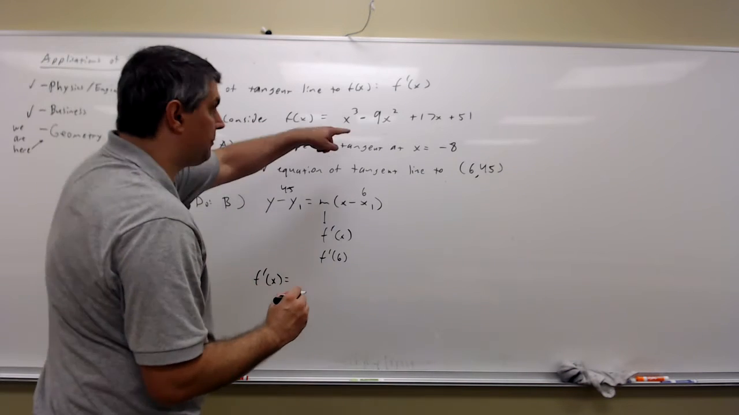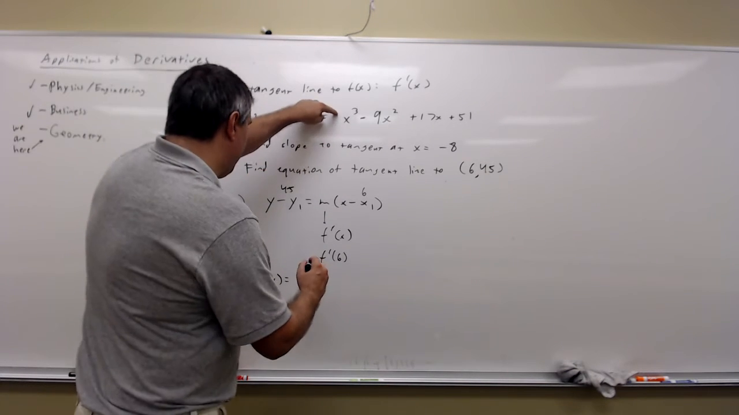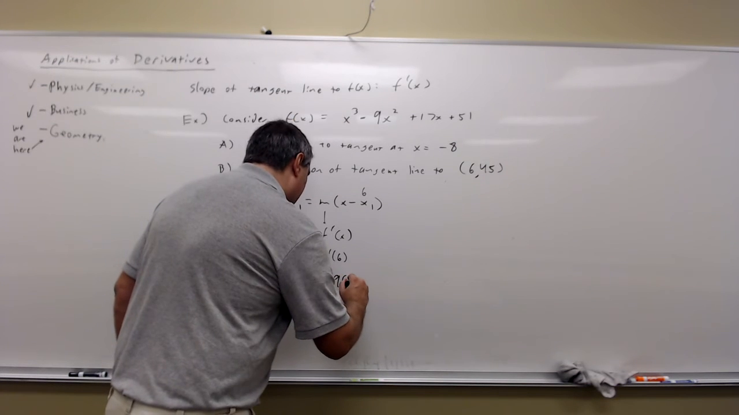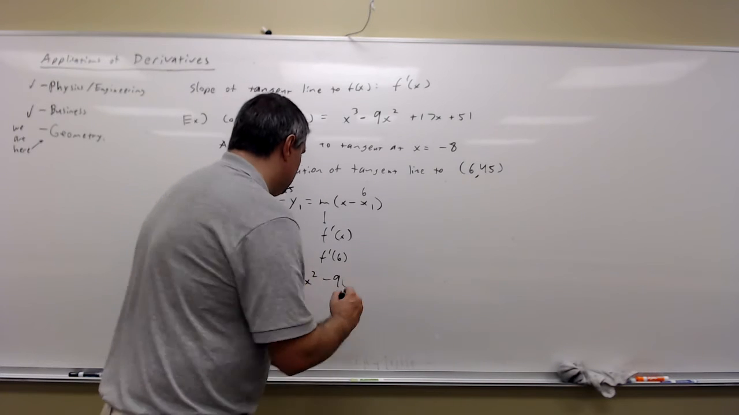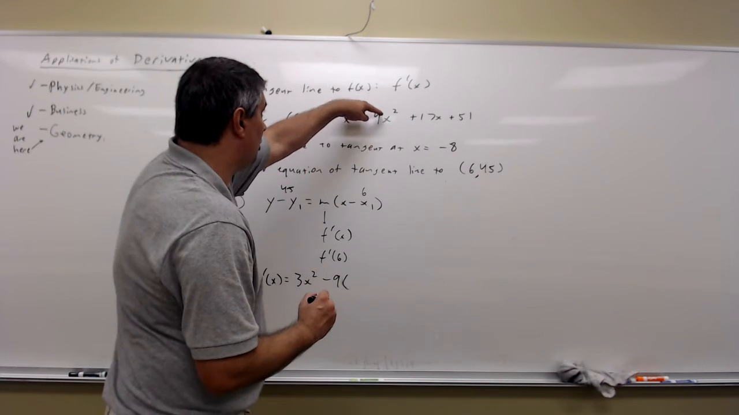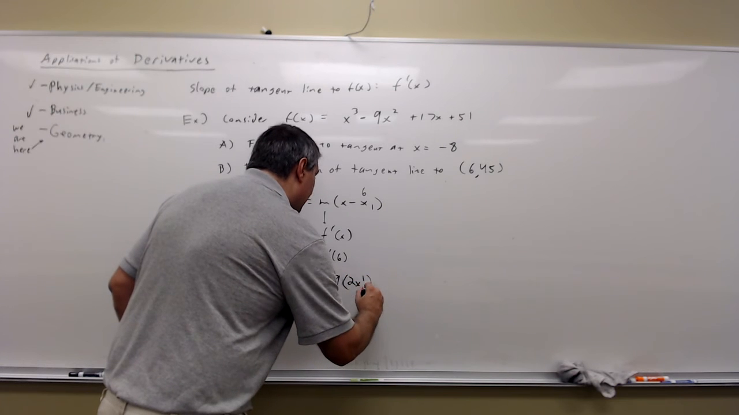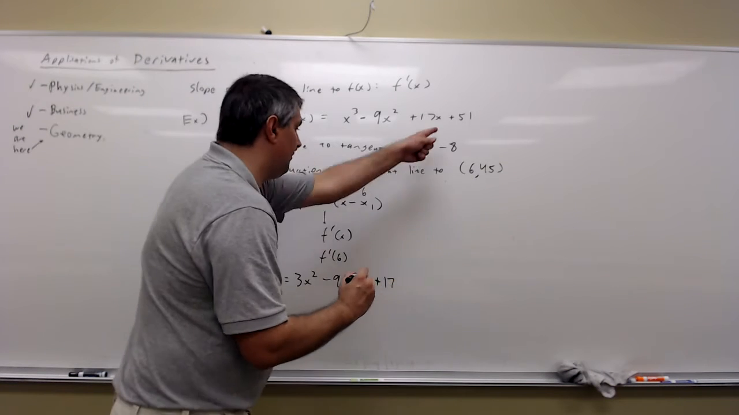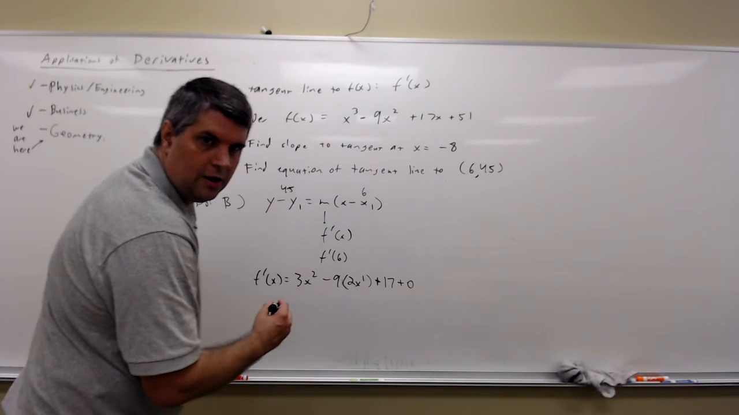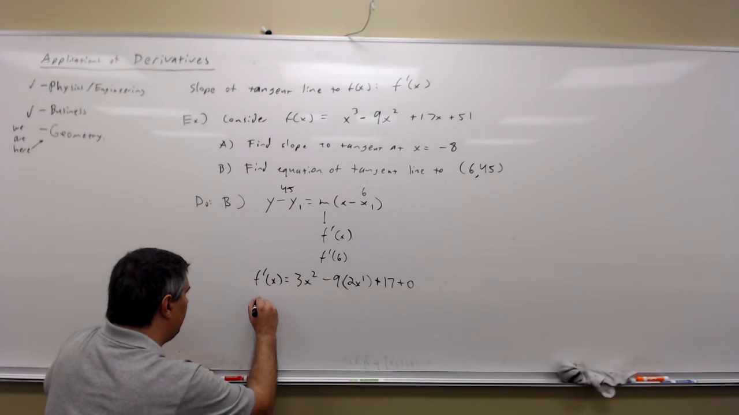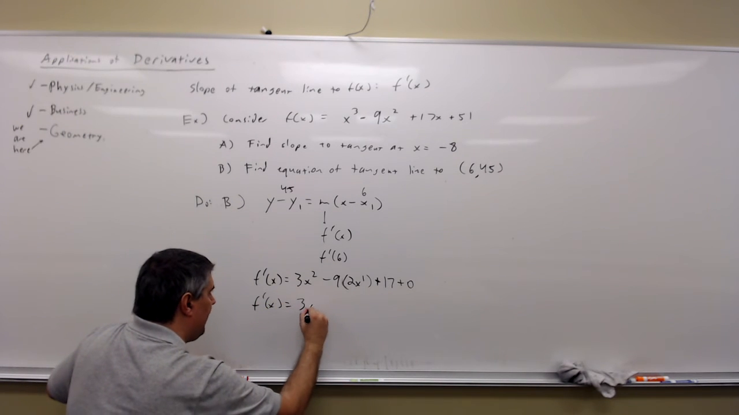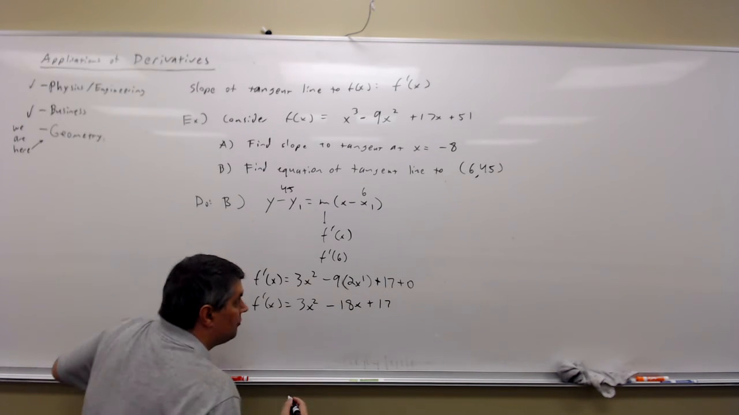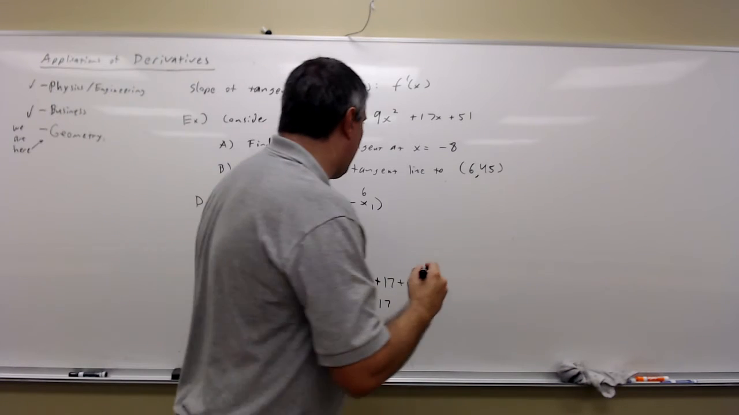So I'm going to pretend that we're doing this from scratch. So that would be 3, go down a power to x squared, minus 9 times 2 will go to the front, and the power of x will go down 1. And the derivative of something times x is the something. And the derivative of the constant is 0. So f prime of x would be 3x squared minus 18x plus 17. All right, so f prime of 6